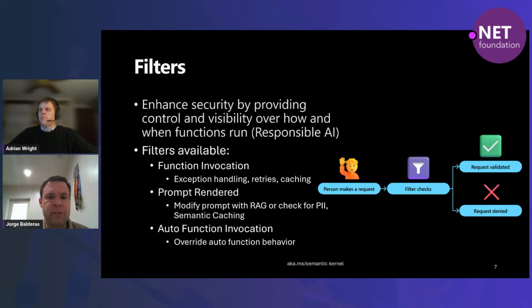In terms of filters, that's another capability from Semantic Kernel. It is a way to intercept either at the prompt level or at the function execution level. So in the example that I mentioned, we're going to call a stock API to get pricing information. I mean, that service could go down. Hopefully, it doesn't go down in the demo, but it could, right? Things happen, and that's where you can decide.